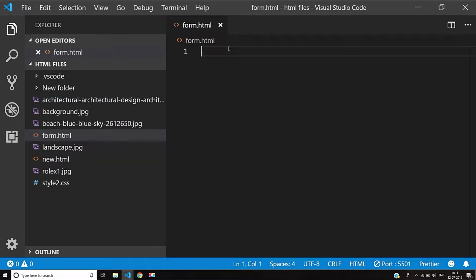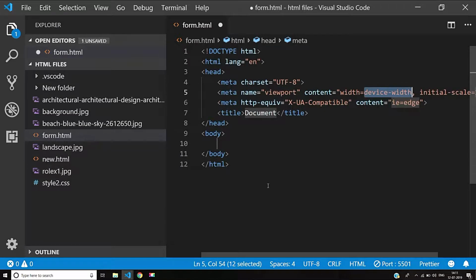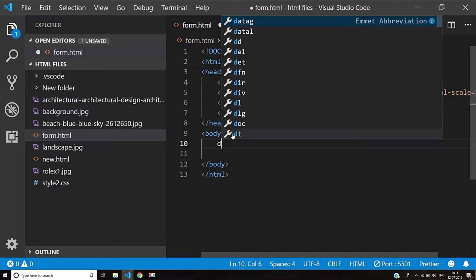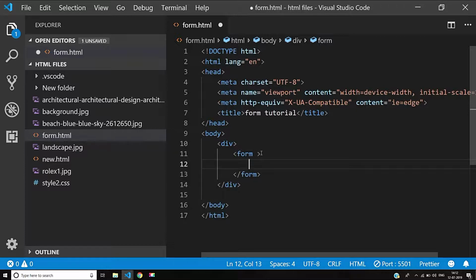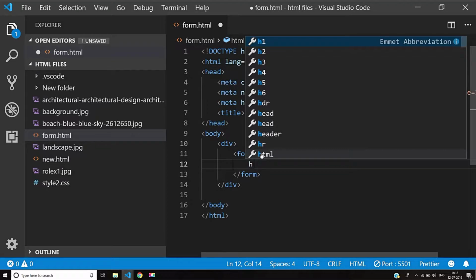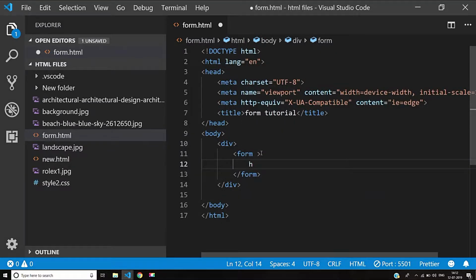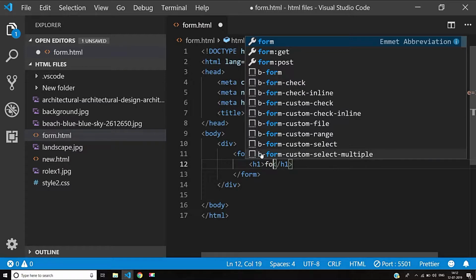and we will press exclamation and then tab. So we will get this boilerplate code. Now I'll quickly change the title to form tutorial, and in the body we will add a div tag, and inside the div we will add a form tag, and we don't need any action attribute, so I'll remove it. Then we will add a header and write here form,